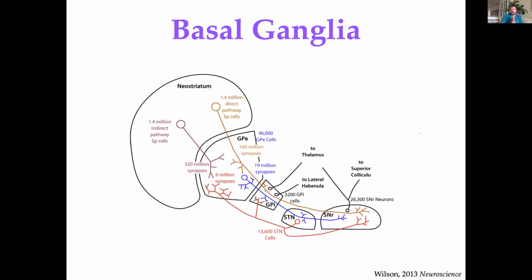Instead of expanding out the signal the same way that the granule cell population does, the efference copy that the basal ganglia receives from the layer 5 pyramidal neurons, the basal ganglia's game is dimensionality reduction. So if you look at the number of pyramidal neurons in an adult human brain, something on the order of, let's say, 10 million, there are an order of magnitude fewer cells in the striatum, the major input